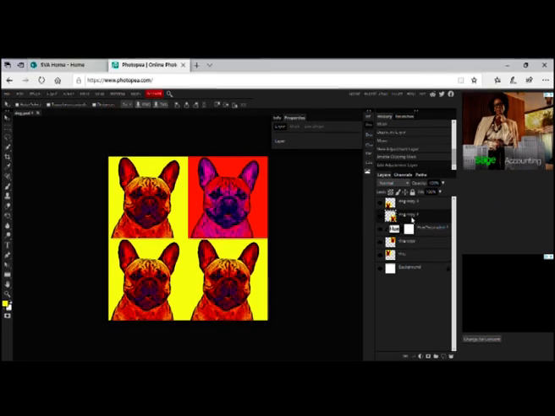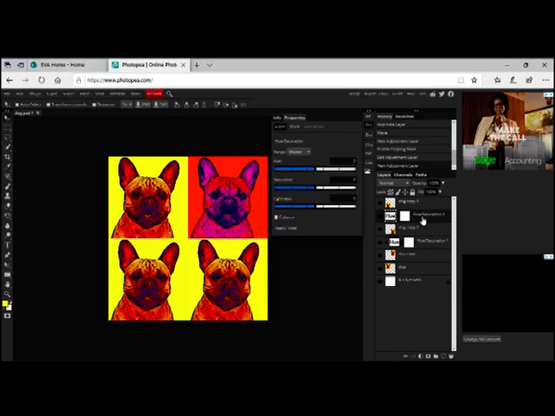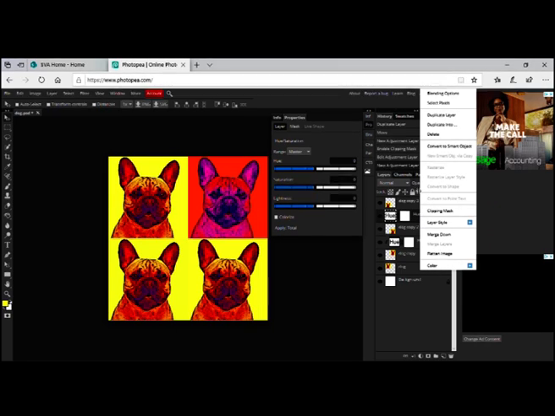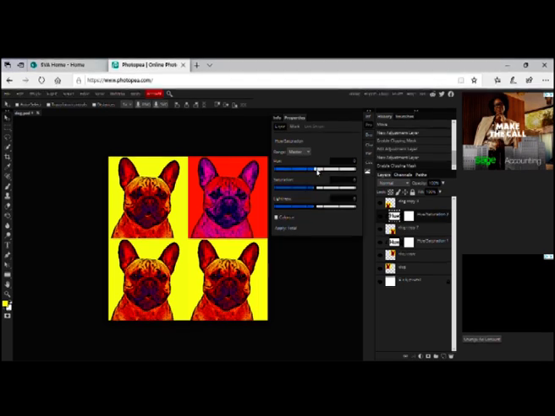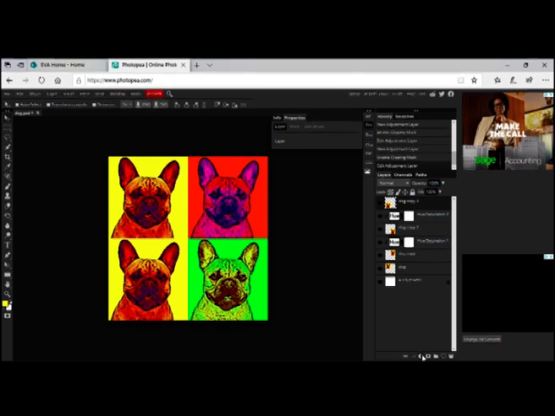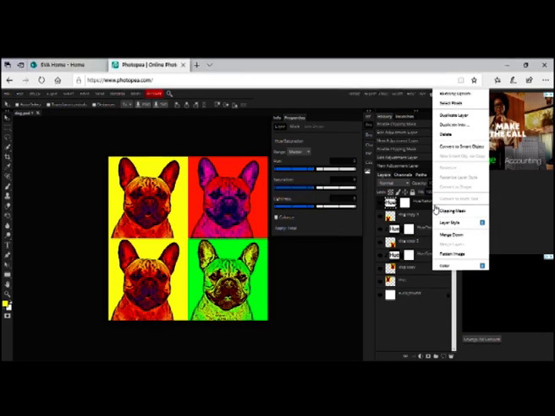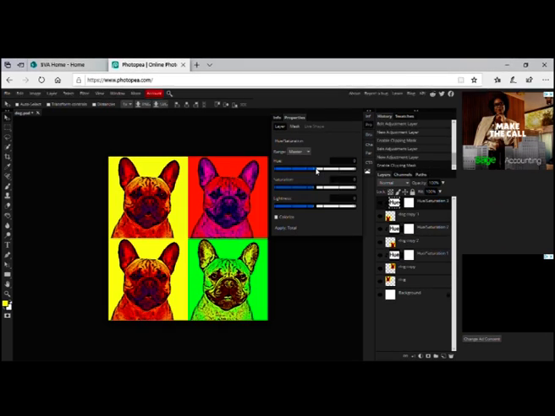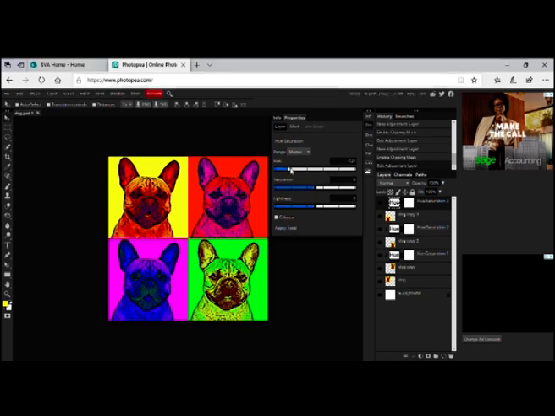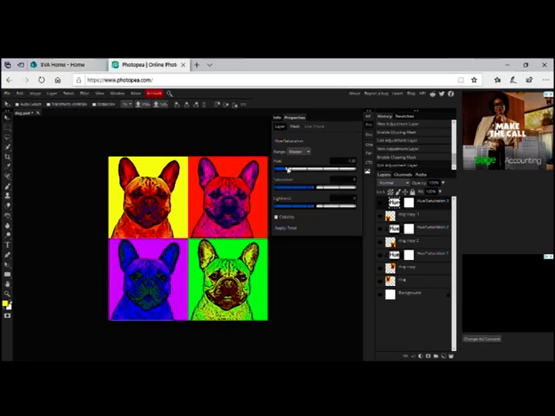So again, I've selected a different dog this time, hue and saturation, and again right click on it, make sure you click on clipping mask, and then it will link to that particular tile. And then you can shift the hue, change the colour of that particular tile, and then repeat. So up to the top, hue and saturation, down the bottom on that half circle. Once you've got your hue and saturation, right click, clipping mask, and then you can change the colour, and then you've got to play around with it, make sure you're happy with the colours that you want, and then once you've got that in place and you're happy with the colours, you've completed your